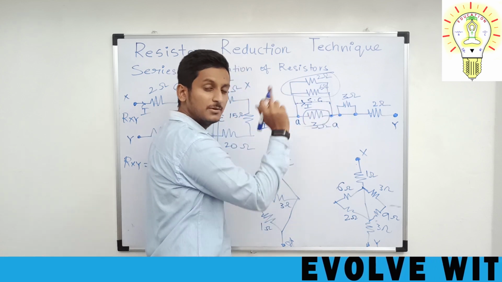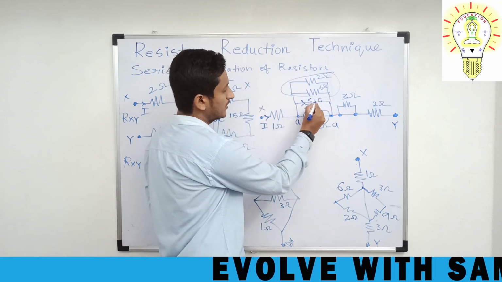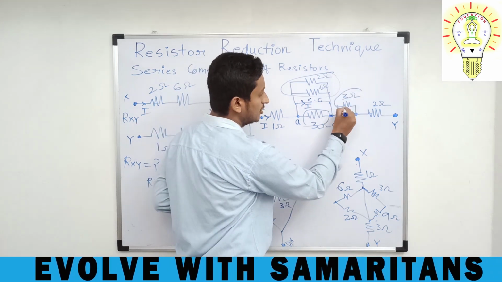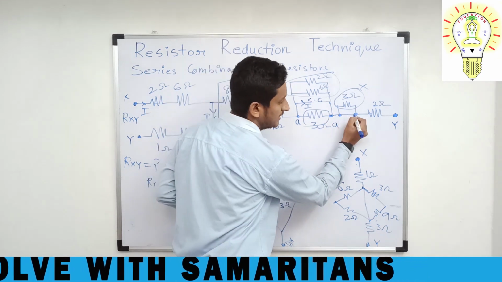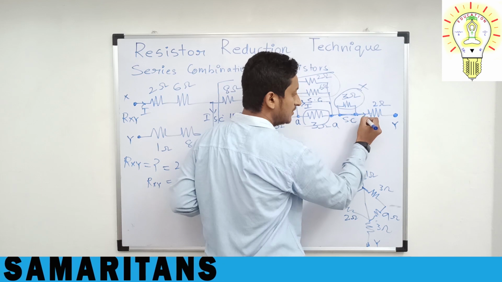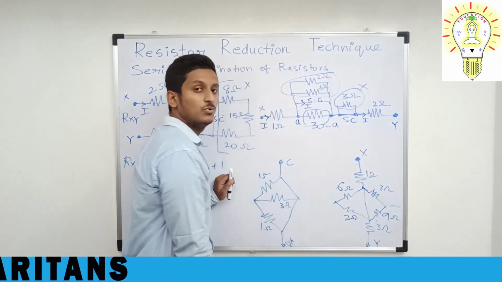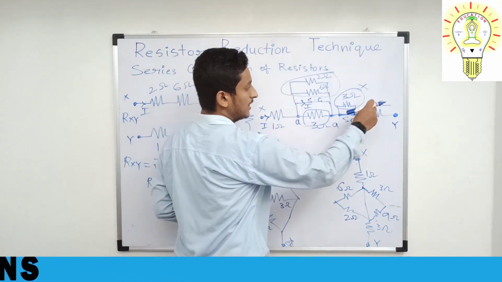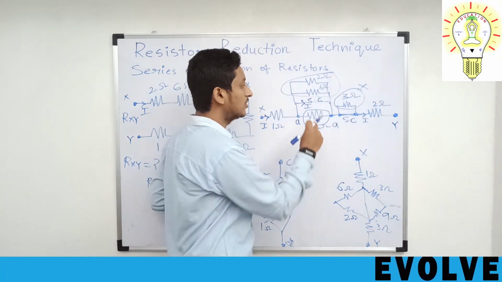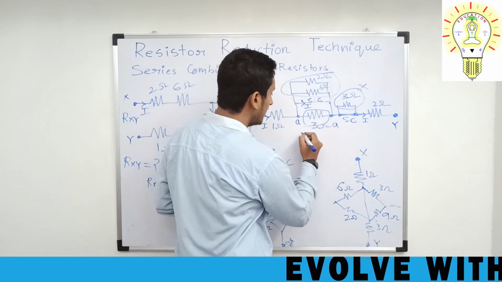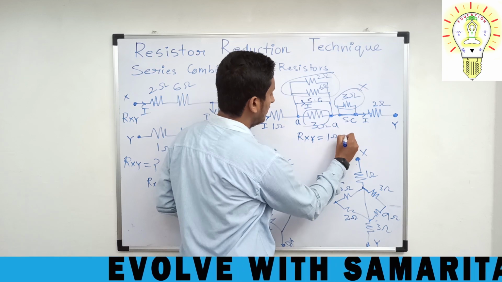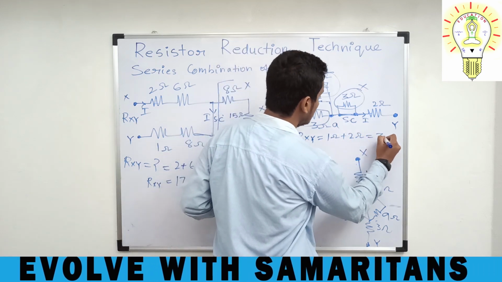It is similar to the previous one. So the current will now go from here, again it will come here, again it won't flow through the 3 ohm resistor. It will not flow. Why? Because there is a short circuit path. Again it has to come here, this will flow from here, this will flow to the 2 ohm. Now from the 1 ohm and 2 ohms only this current will pass. Remaining elements the current will not pass because of the short circuit path. So the R equivalent value will be 1 ohm plus 2 ohms, that is equal to 3 ohms.